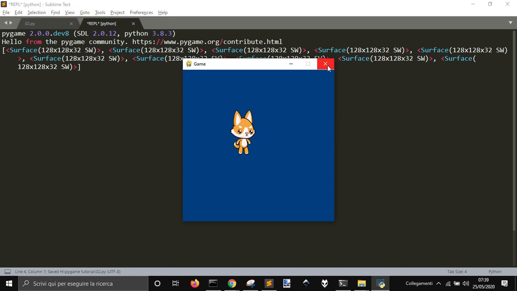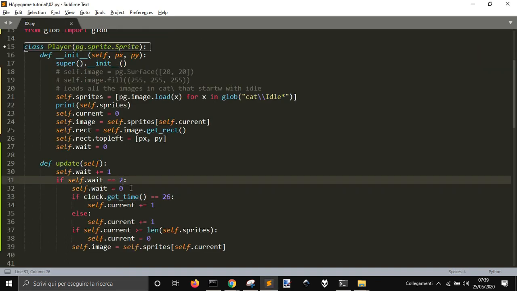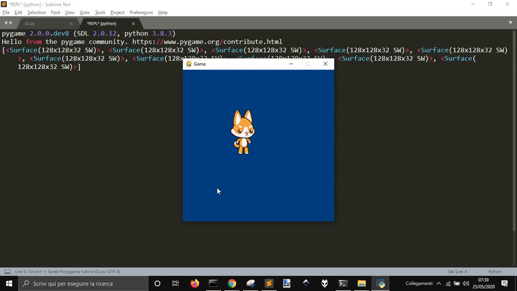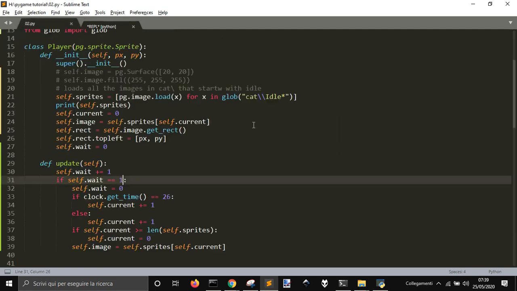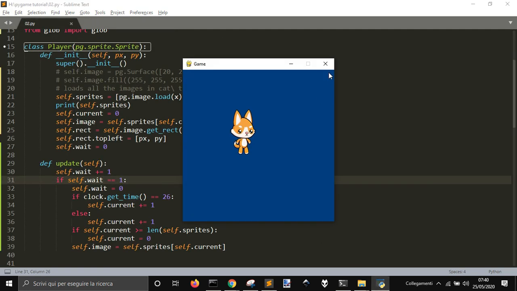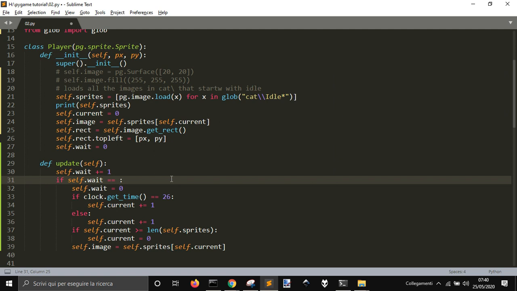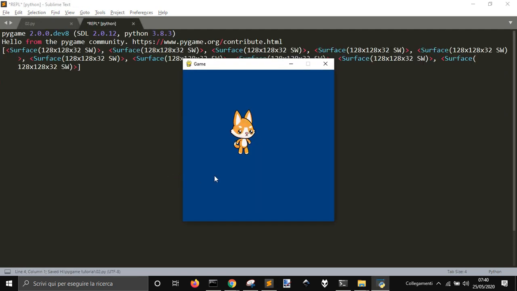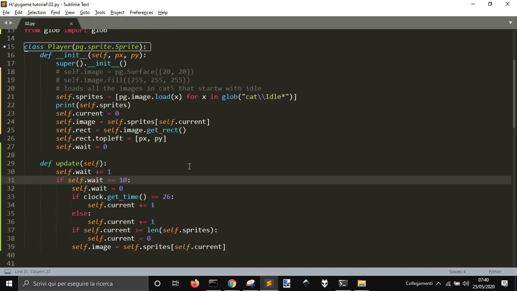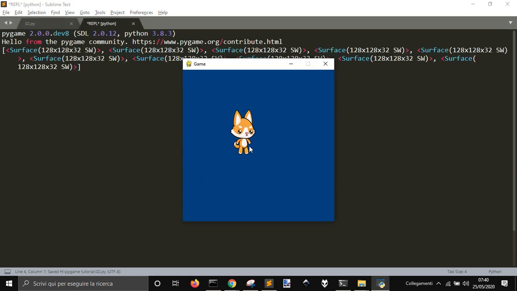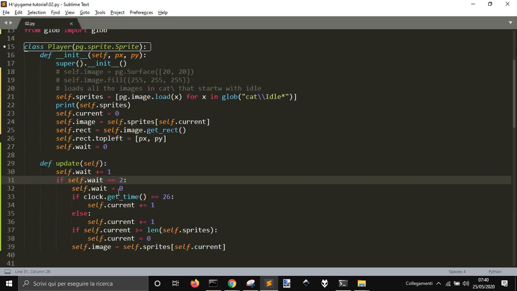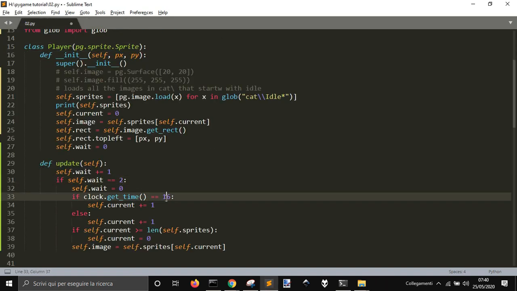This will go, you see, if I go and slow this down, if I wait just 1 frame, it will be very fast, and if I go to 10, it will go extremely slow, as you can see. And let's put it to 2 again. You see that now it is always going at the same pace. But if I go and put 16 here,